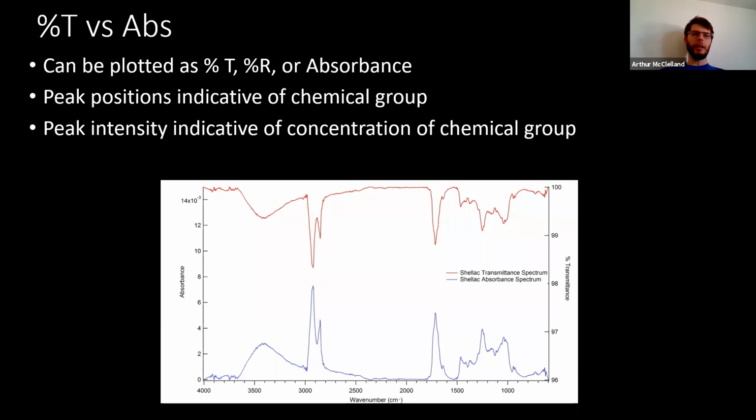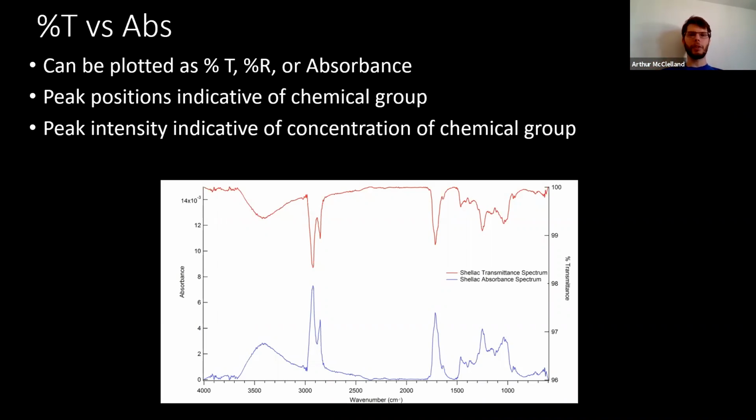The log scale, the absorbance scale, means that how high your peaks are is directly related to your concentration. In the linear scale, it ends up being exponentially related. How deep your dip is is exponentially related to your concentration. So if you're trying to